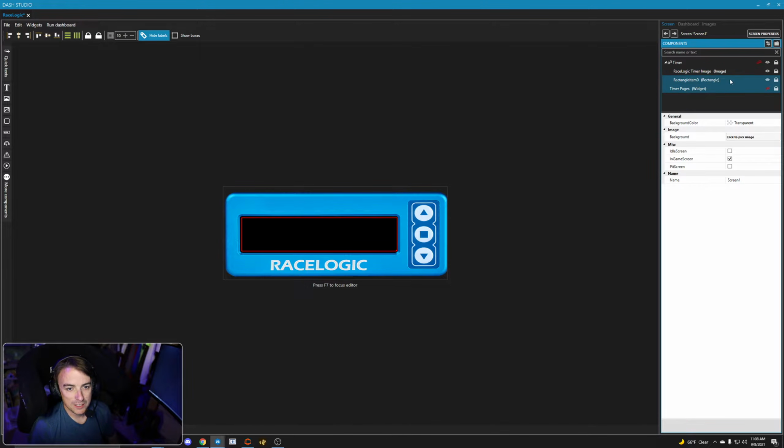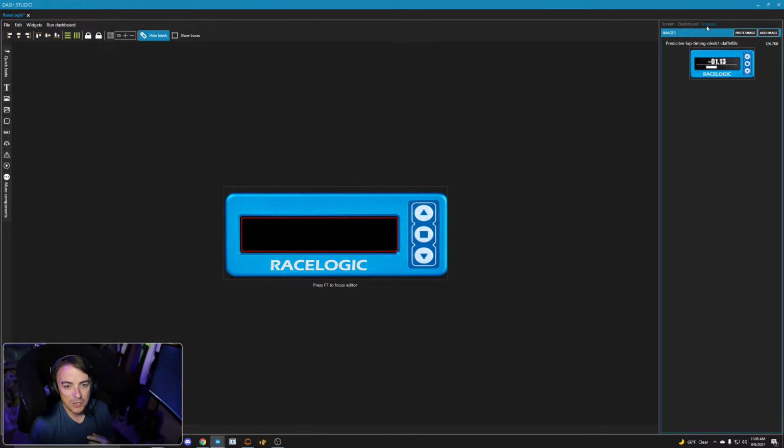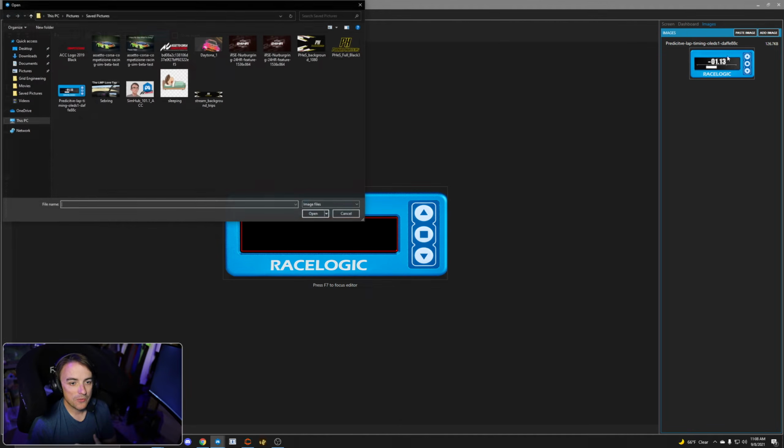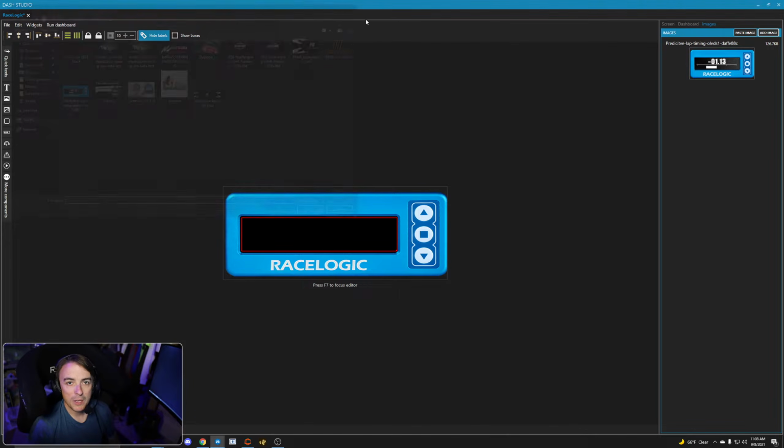The first thing I did was I just Googled RaceLogic lap timer. I found a face-on image. I downloaded it. I cleaned it up a little bit in Photoshop, and then I imported that cleaned up image into SimHub. You can import images using the Images tab here in the upper right-hand corner. Just click Add Image. A File Explorer window opens up, and you can pull in whatever you want